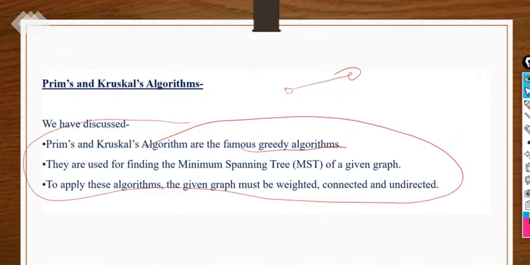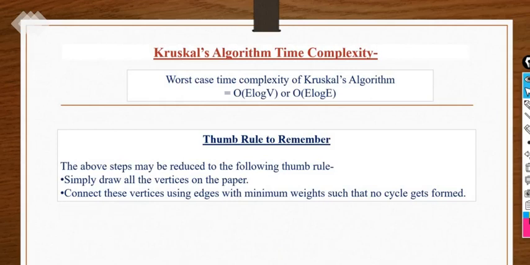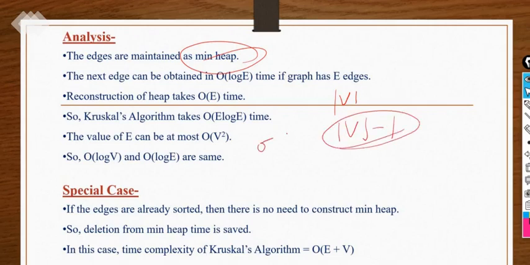Coming back to the time complexity, what about it here? Let's assume a total number of vertices. How many edges should be there in the spanning tree? Number of vertices minus 1. If 4 vertices are there, then of course 3 edges are needed to make a spanning tree. You can take any 3 edges from the graph, skipping any one, but there must be exactly 3 edges in the spanning tree.